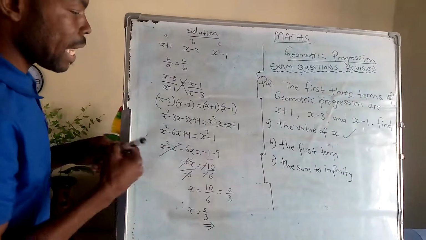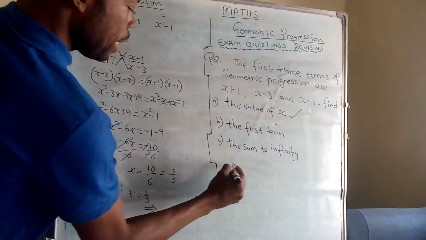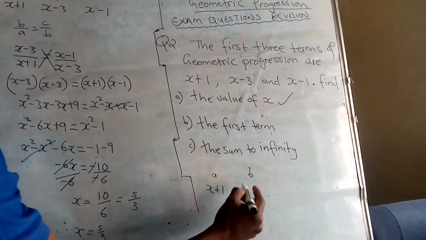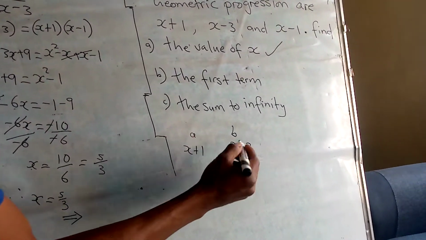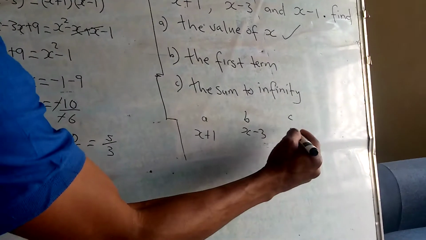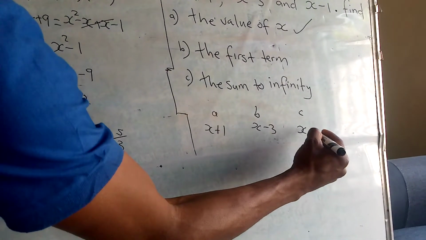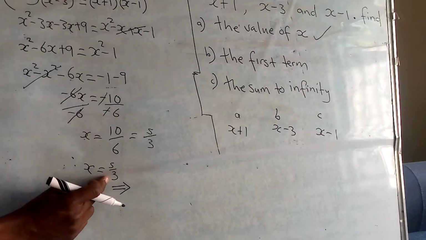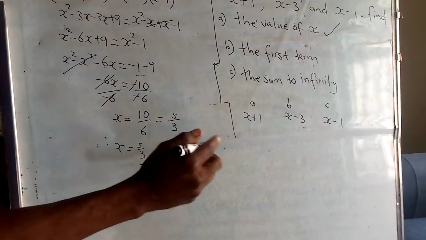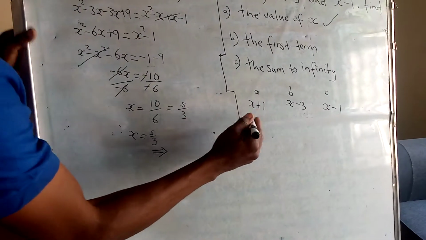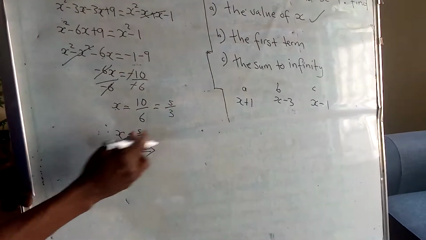So let's do it from this side. Our A is x plus 1. Our B is x minus 3. Our C is x minus 1. You know x is this value; you have already found it. So where there is x here, for you to find the first term, you are going to say that